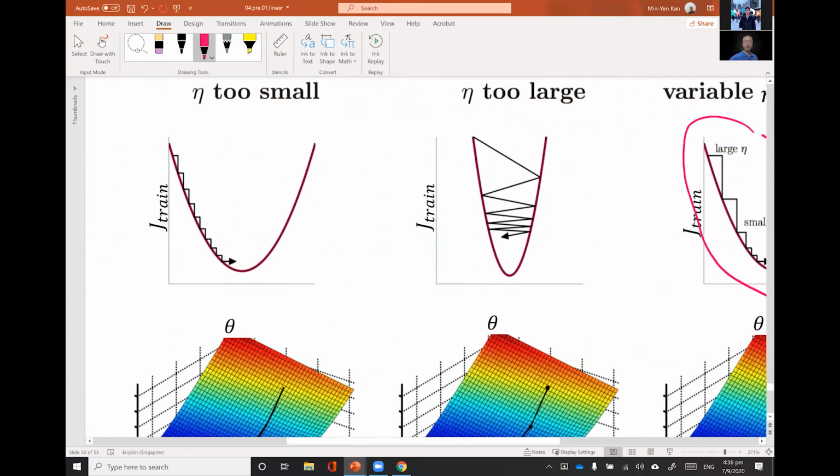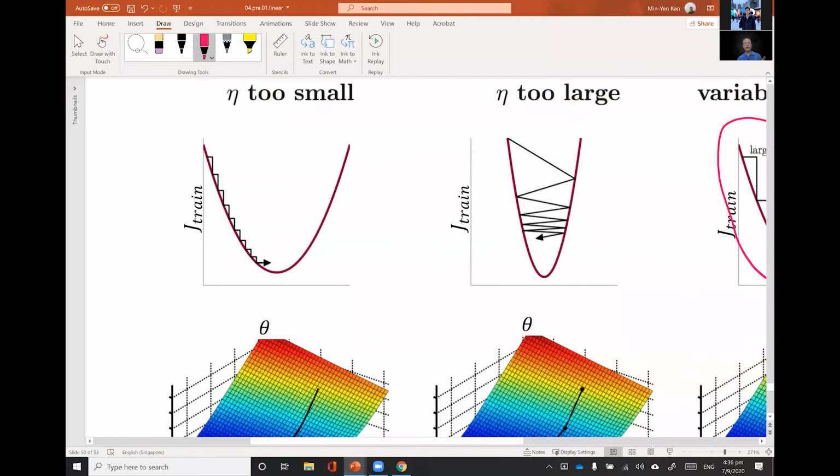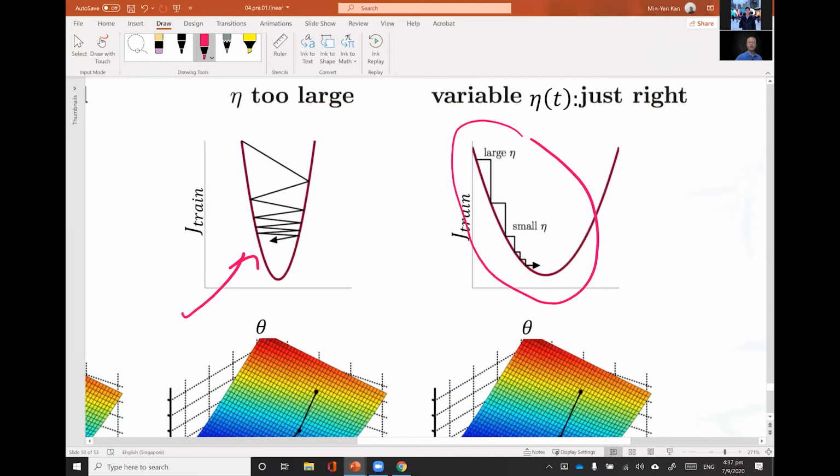We could take steps that are too small, and it's going to be very tedious to get to the right amount. We could take steps that are too big, and we'll just ping pong around in this cone and never actually reach the bottom. Or we can take a variable step size. This is sort of intuitive: if you want to get down as fast as possible, as soon as you see a very steep slope going down on a hill, like say you're at Bukatima,